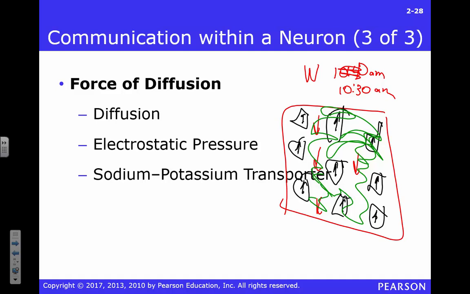What drives diffusion? It's just this high concentration. There's also some electrostatic pressure. What's the first thing you learn about positive and negative charges? Like repels like, right? So if you've got a lot of positive charge in one place, and a lot of negative charge in one place, they're going to push against each other. There's this electrochemical gradient. I'll write that word down. Okay, electrochemical gradient. That's for you to remember. It's going to drive this.